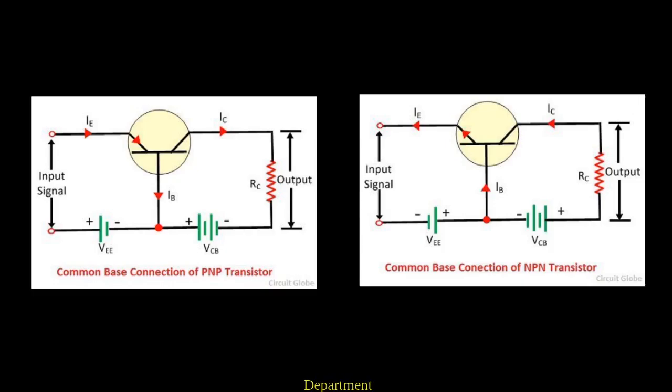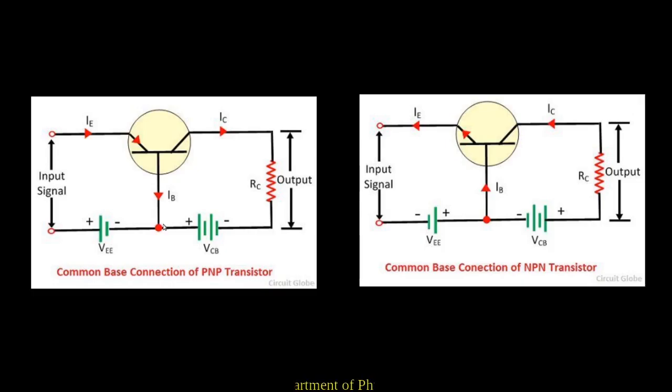Here the difference between PNP and NPN is that the voltage across the base emitter junction is reversed, so that the signals are toward the base or toward the emitter side. So from this figure, for a simple common base, the base is common to the input and output, that is the base at the first junction, the emitter base junction, and the output is taken across the base collector junction.